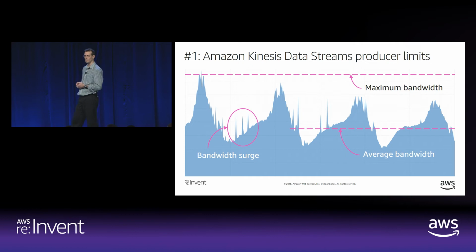So this is what the actual usage of the stream looks like. You see the bandwidth or the throughput over 4 days. As you may expect, you have the usage going up and down as our users watch more TV throughout the day. The usage increases, and it peaks around dinner time and a little bit after that, and then falls back down when users go to sleep. So with a little bit of history, you can easily compute the average and the maximum bandwidth.